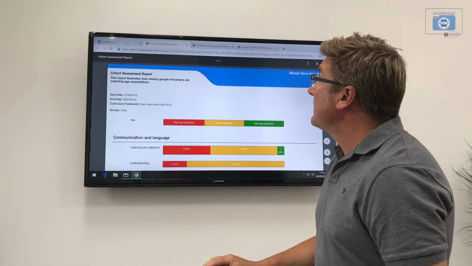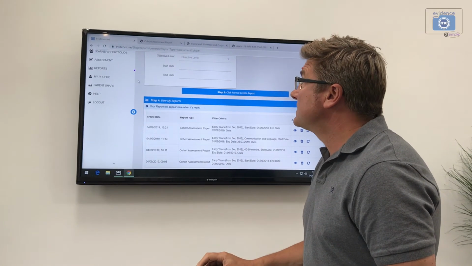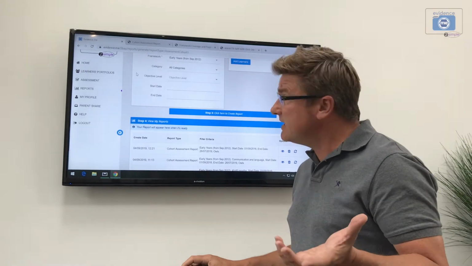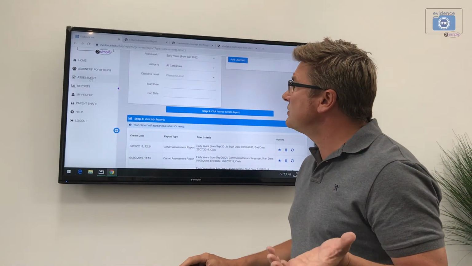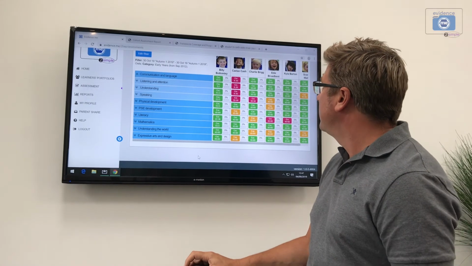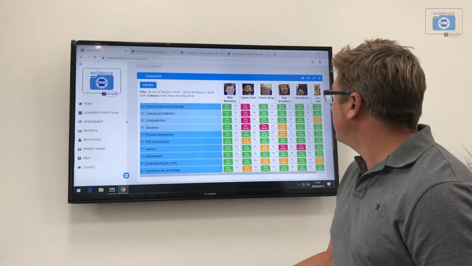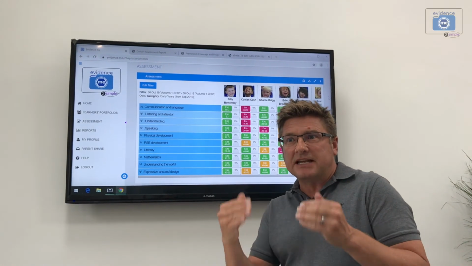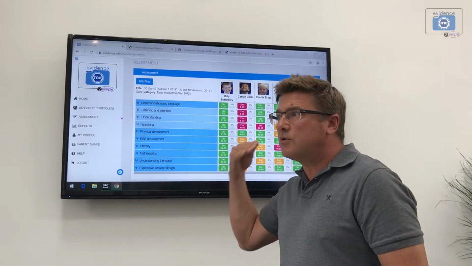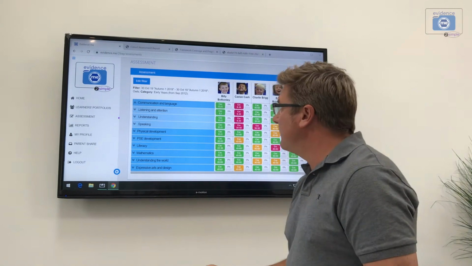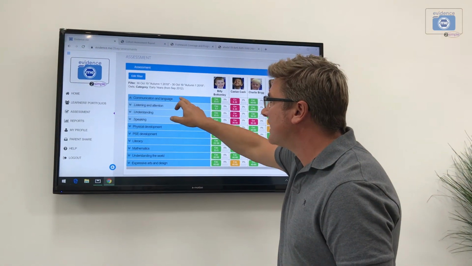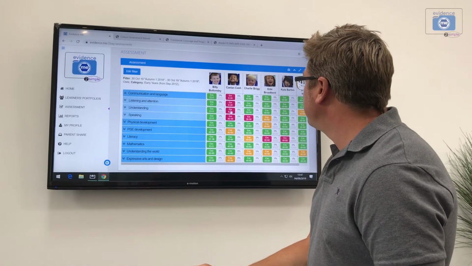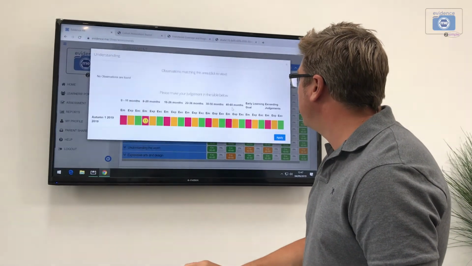So there you go. It's so easy to use, so quick, so professional and really, really powerful. To finish off, I'll just quickly show you the assessment area. Again, in the assessment area here, the awesome thing is it isn't just based on assessments against objectives that you've actually taught. You can just make judgments as you go along and you can report assessment against a category heading or subcategories. And again, you just click on a particular child, a particular area, and you might say, well, actually,